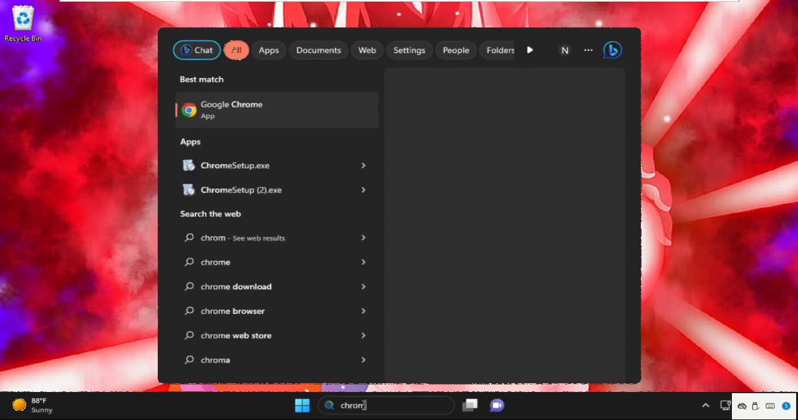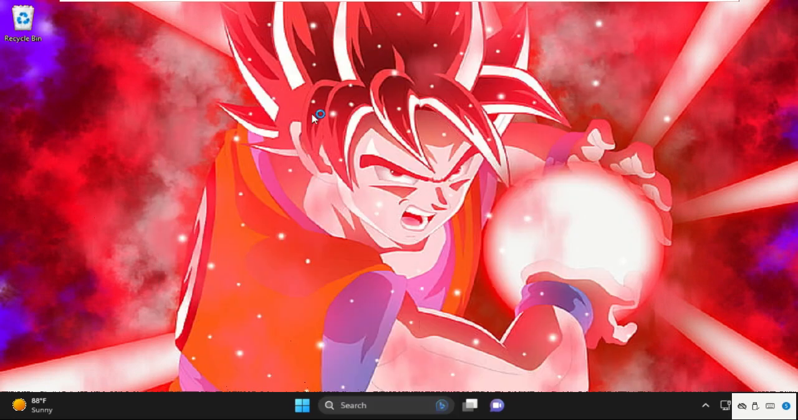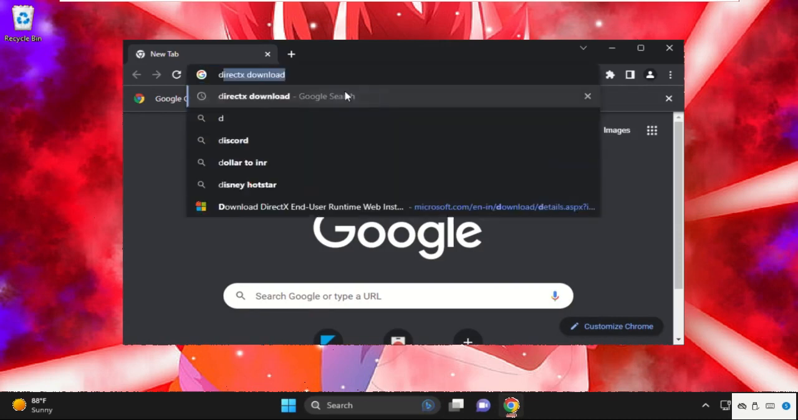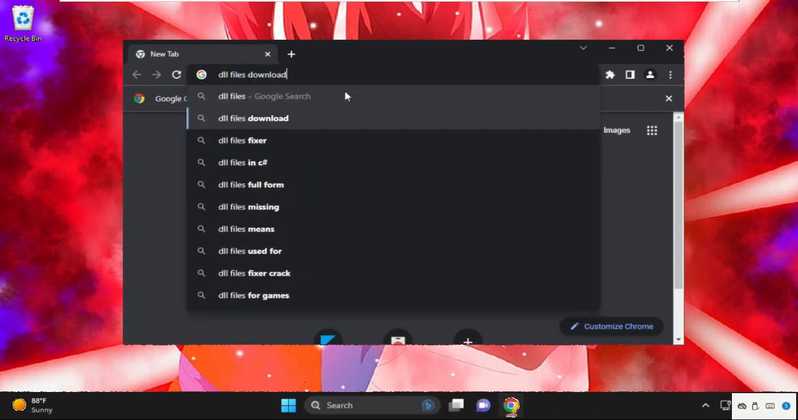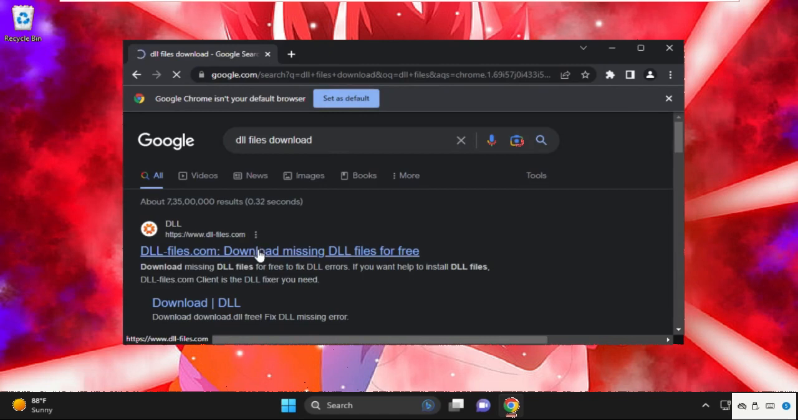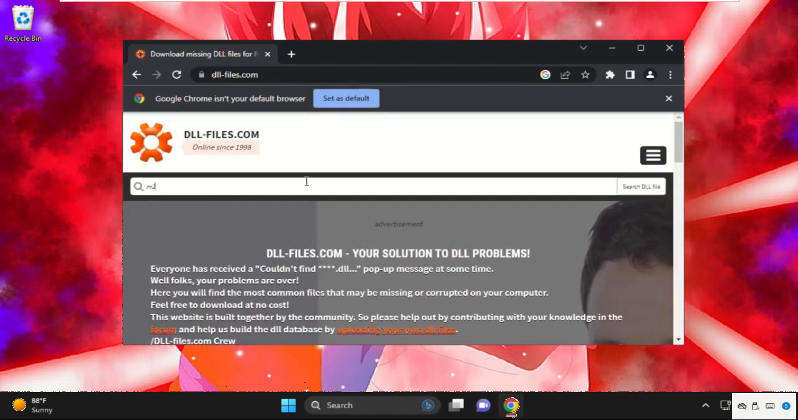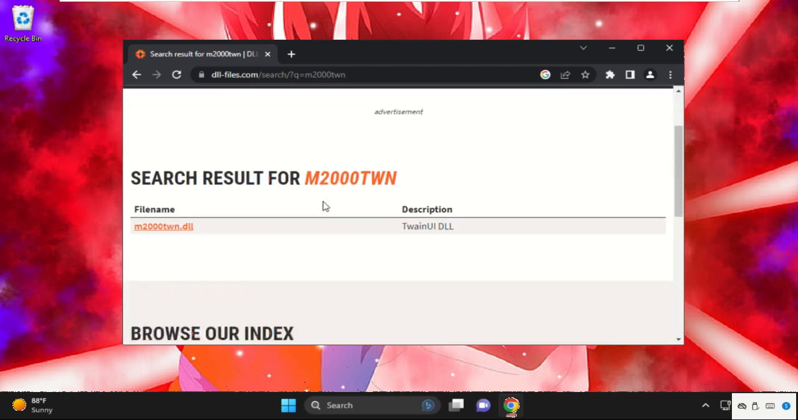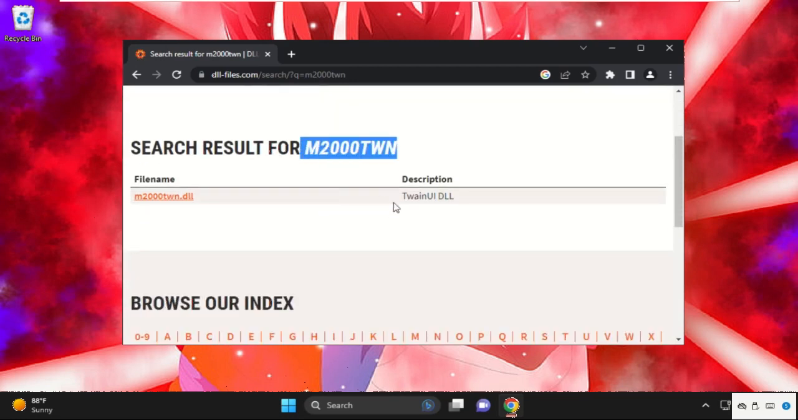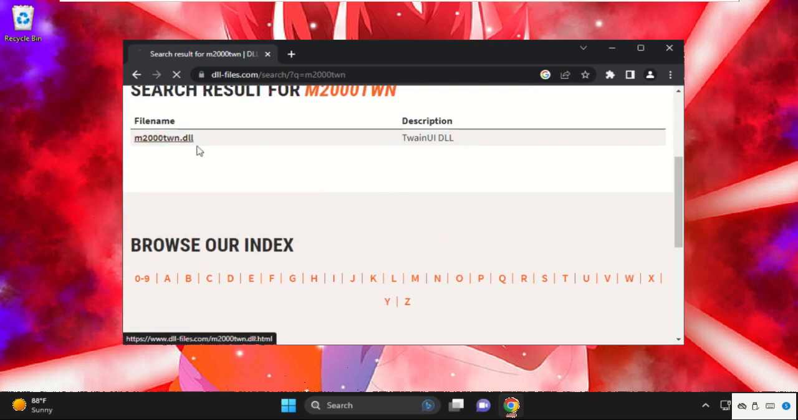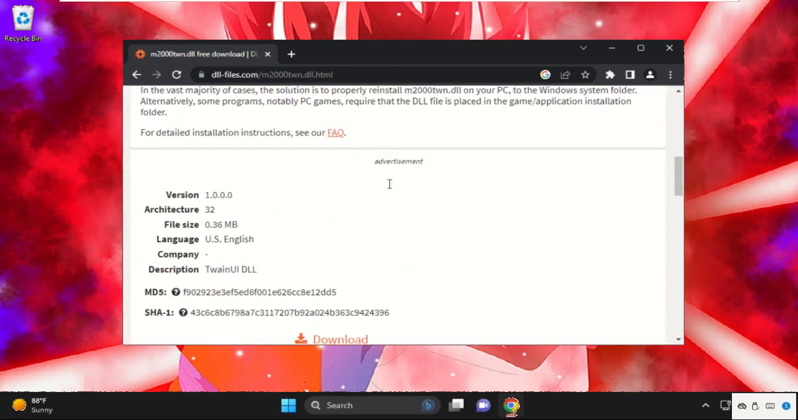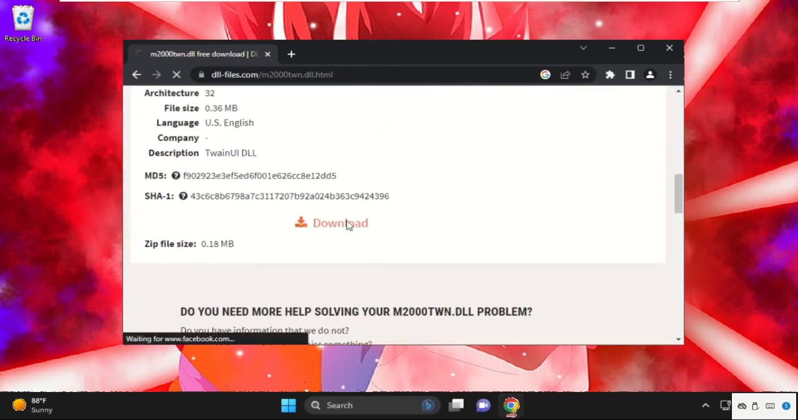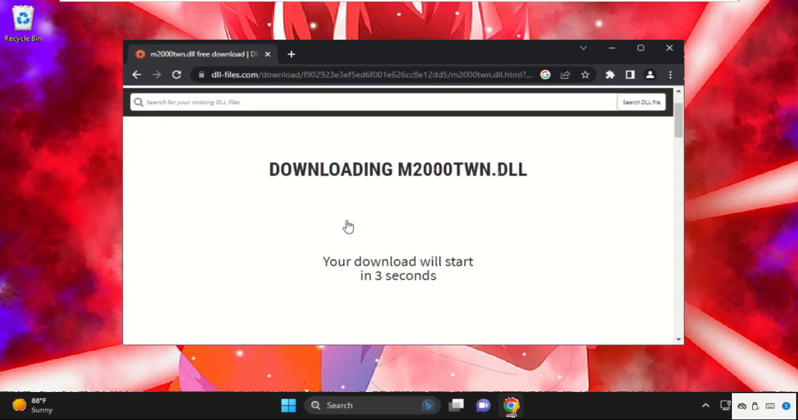Now go to the search bar, type Chrome and open the Google Chrome web browser. Then type in DLL files download and click on the link from the search results, the first link, and type in M2000TWN and simply hit enter. Now just scroll down and click on the link. After that, click on the download button. We need to wait for 4 seconds. After that,